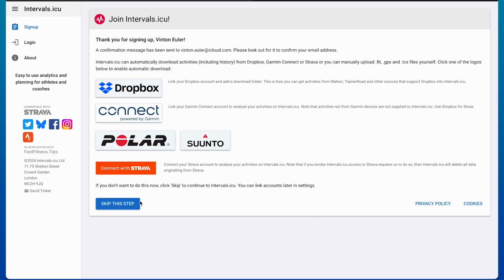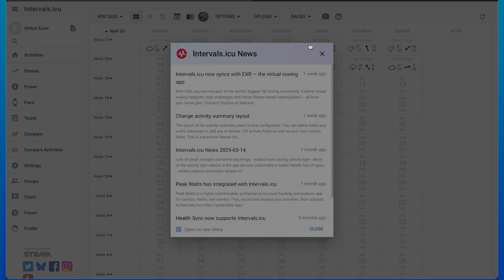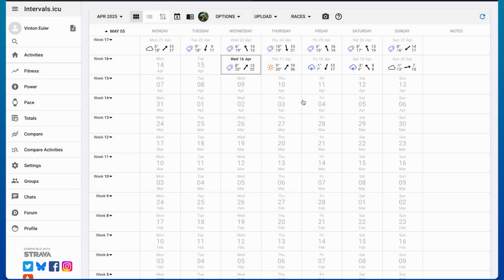When you click on sign up, you'll be brought to this page right here, where you can see it'll just say you've signed up, and you can connect any of these applications such as Strava, Facebook, Instagram, or so on, just on the side of the screen here. Once done, you can click on skip this step and actually just save this options like so. And once you exit out of your pages, you can see it'll give you a built-in calendar that you can